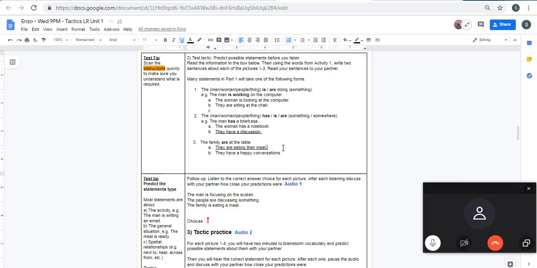Why did you use the word they instead of using the nouns? See, most of your sentences use they. But here the woman has a notebook. I was thinking earlier, why are you not using the nouns? You're using the pronoun they. Well, anyways, it's very close.